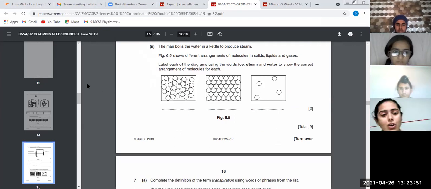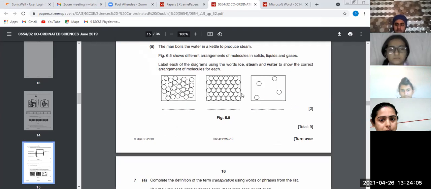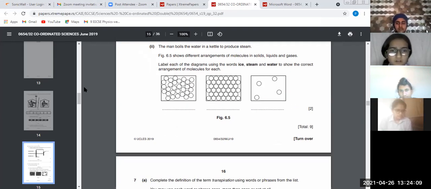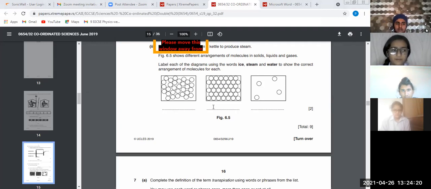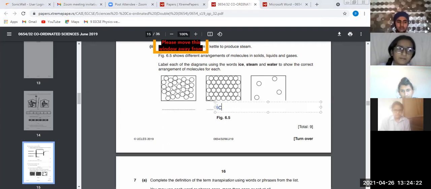You are not going to label it as solid, liquid. अच्छा, अगर आपने नीचे सॉलिड, लिक्विड, गैस लिख दिया, even if you have written it correct, you will not get the marks, because they said that go with ice, steam and water. हाँ जी Jasmine, which one first is ice? Just one answer you have to tell. Second one is ice. क्यों है ये ice? Ma'am, because the molecules are tightly packed.